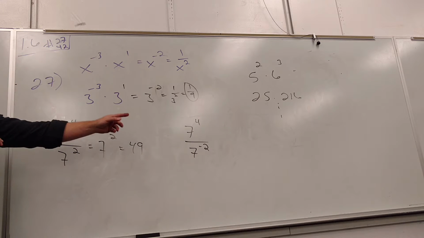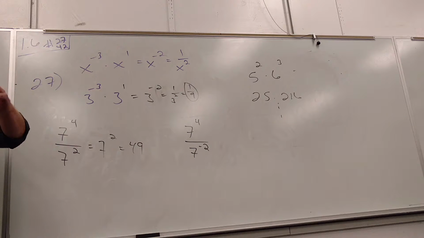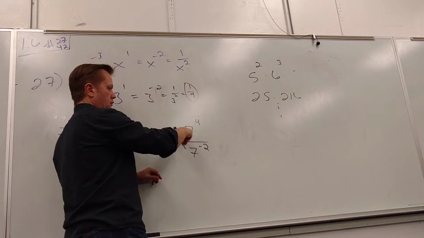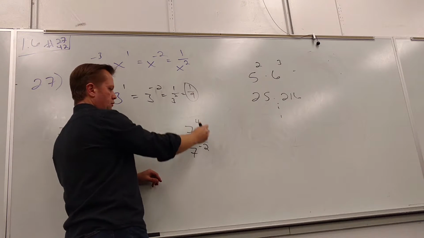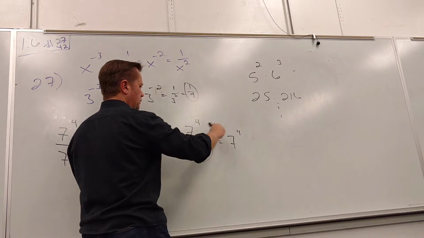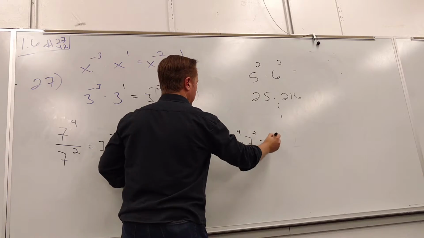What would I do first on this? What did I tell you? Always look for negative powers to do first. Negative powers mean you flip that thing. Does this want to move? No, he's happy where he is. So these are going to come up. 7 to the 4th is up there, and these 2 7s come up with it. So I end up with